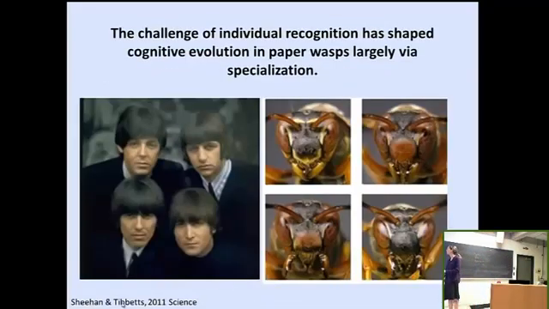So the challenge of individual recognition has shaped cognitive evolution in paper wasps largely via cognitive specialization. And we're interested in learning more about what's going on in the brains of these wasps that allows this specialization to occur. So briefly, I'm going to talk about the fact that there's also some geographic variation in Polistes fuscatus facial patterns,